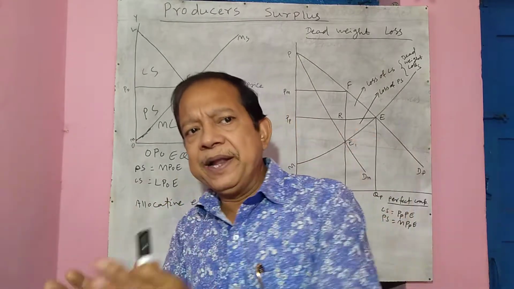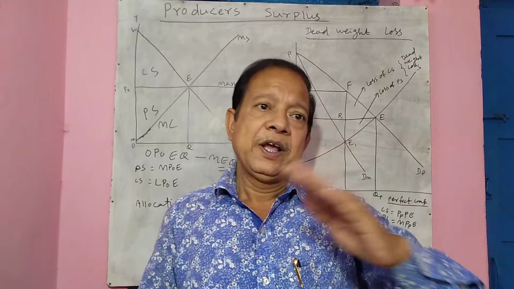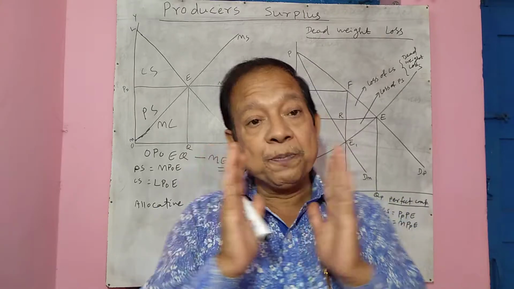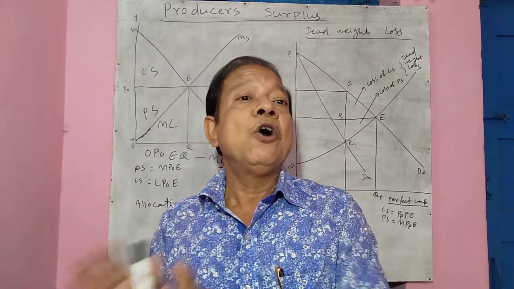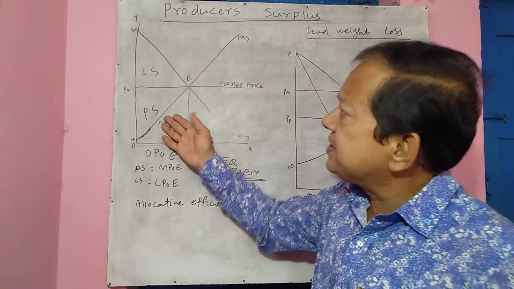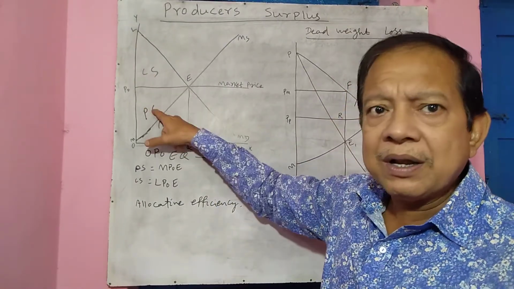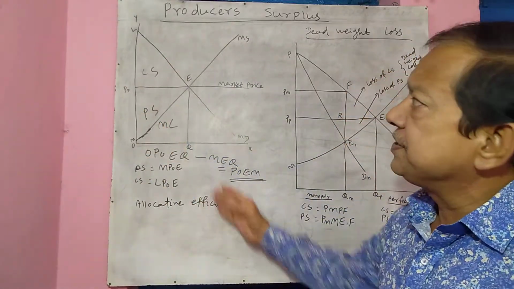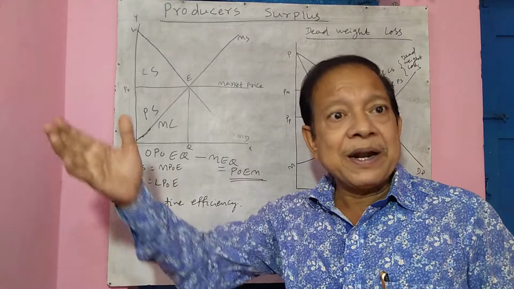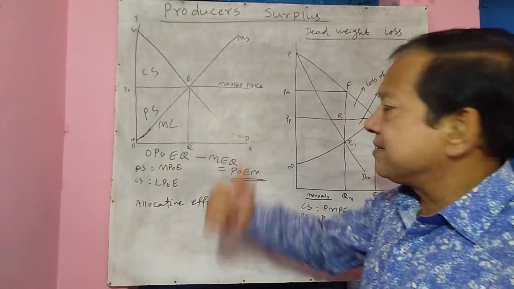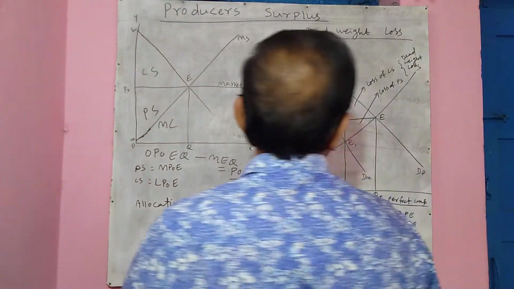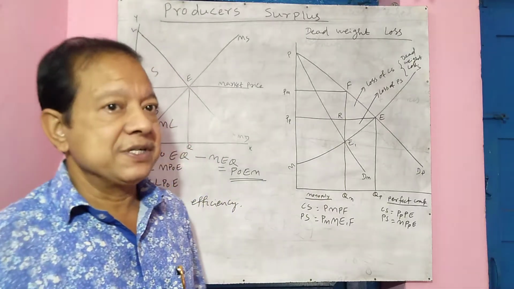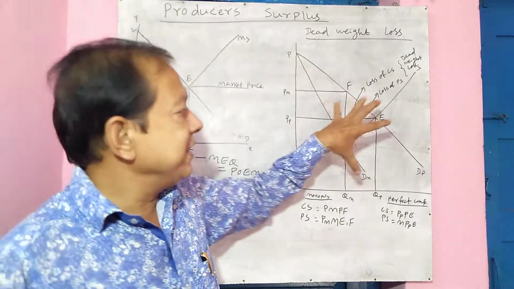Now let us go to explain how will be the allocative efficiency under perfect competition and the allocative efficiency under monopoly. Here in this market we clearly see the consumer surplus and producer surplus are equal. So this is very excellently, the proportion is maintained and the allocative efficiency is maintained. In this open market economy, we find this. But let us talk of the two other markets and see in which market there is how much allocative efficiency. Okay, let's first talk of the right side diagram.